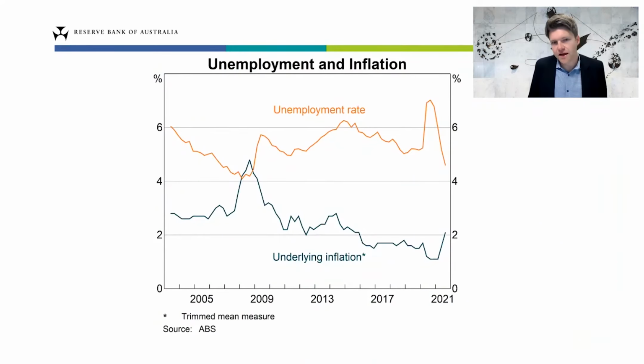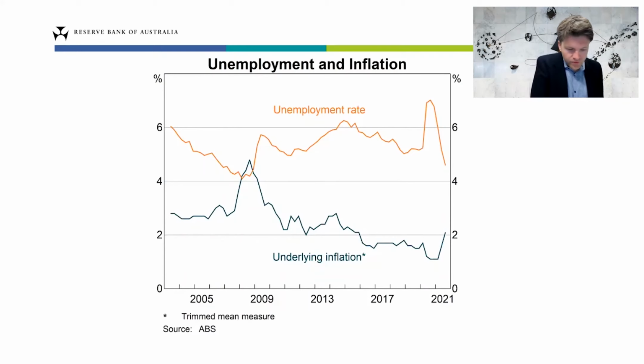That's not the case for the NAIRU. So the ABS don't produce data on the NAIRU because the NAIRU is not something you can actually measure. But I guess that begs the question, if you can't measure the NAIRU, how did I show a graph of the NAIRU before? And I guess the key thing to note here is that even though we can't measure the NAIRU, we can infer how far above or below the NAIRU we are at a particular point in time by looking at things that we can observe and making inferences about the NAIRU.